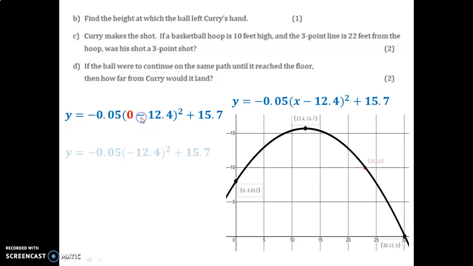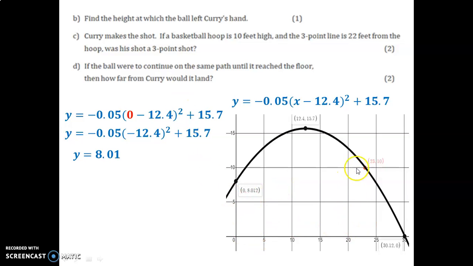Zero goes in here, and you solve it, you get 8.01. That is the height of the ball when it leaves his hands. Okay, C. It says Curry makes the shot. If a basketball hoop is 10 feet high and the three-point line is 22 feet from the hoop, so this